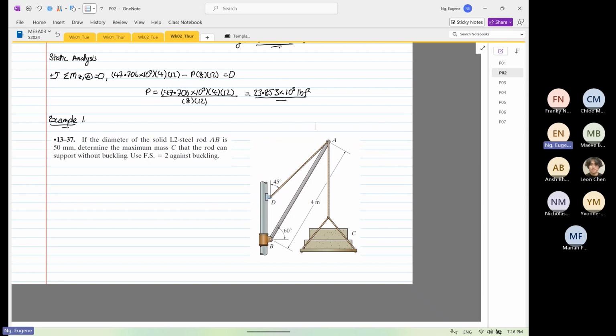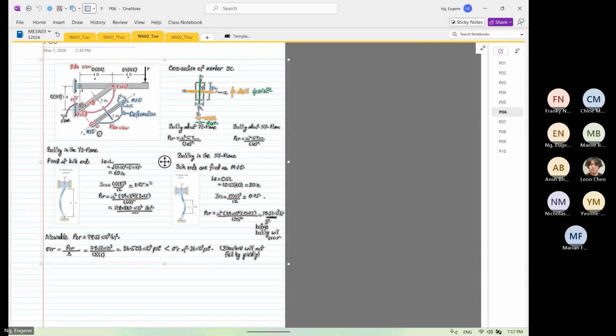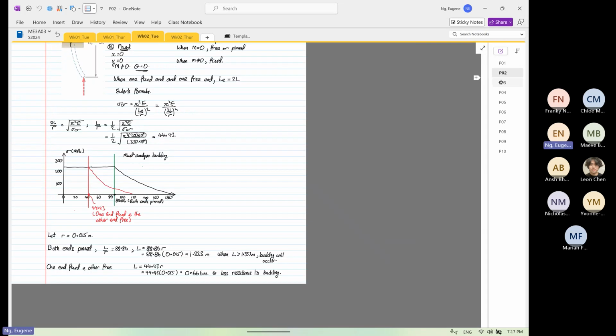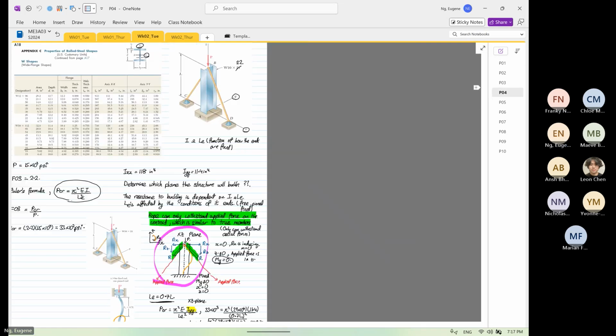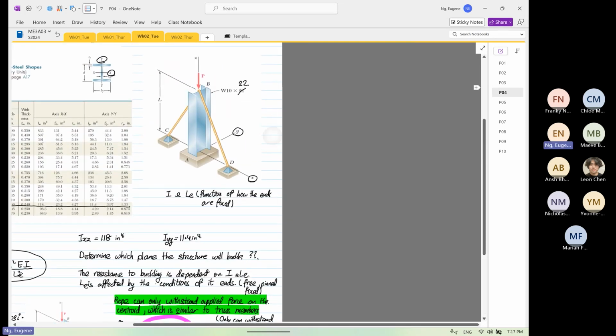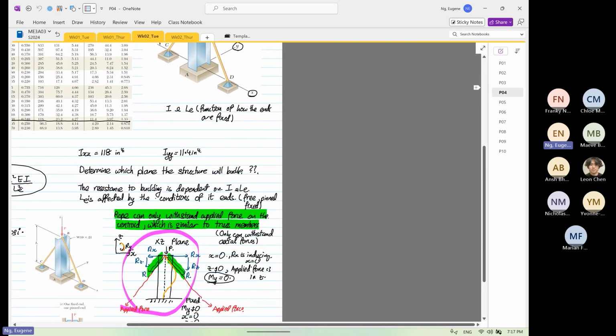Why I want to do this problem is what is common over here: we have a situation where, again, we have a rope. So if we look at last week's work, we did this example, right? Again, there's a rope, and I highlighted that the rope